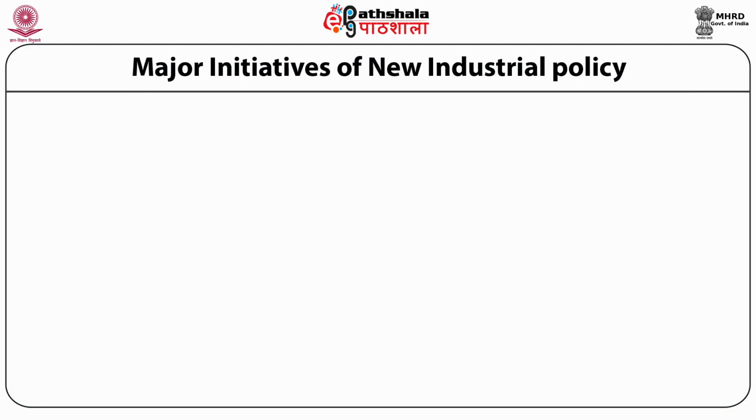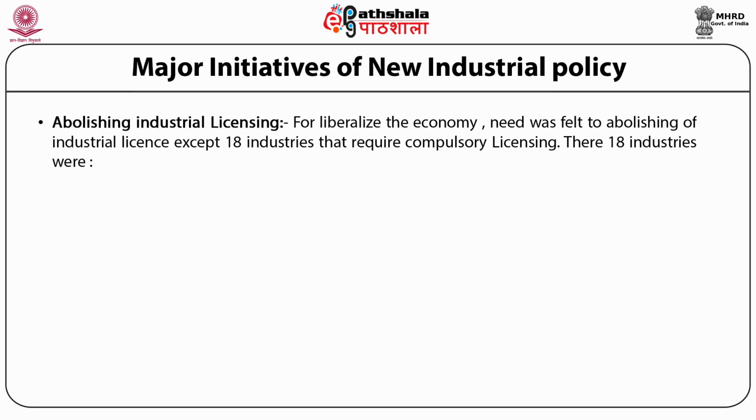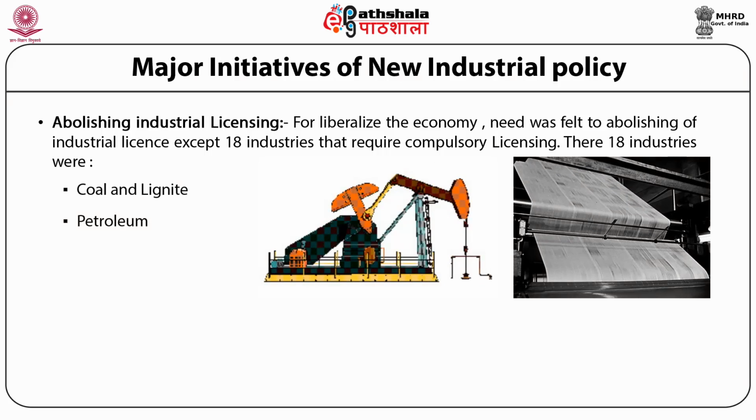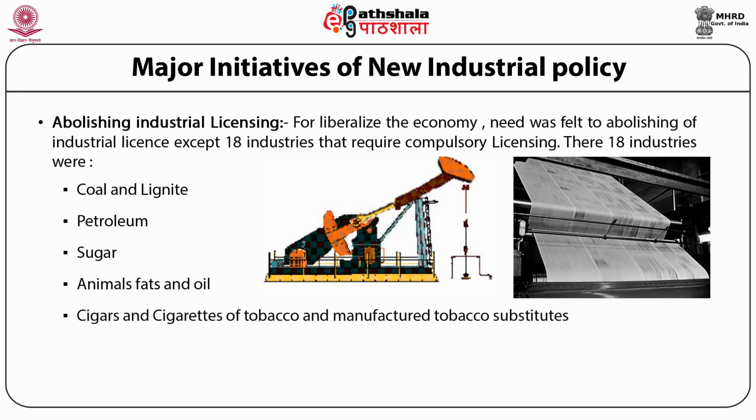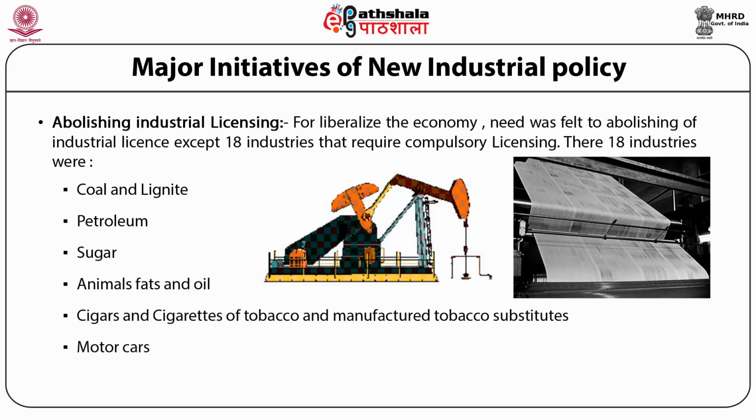Major initiatives of new industrial policy. First one, abolishing industrial licensing. For liberalizing the economy, the need was felt to abolish the industrial license except 18 industries that required compulsory licensing. These 18 industries were coal and lignite, petroleum, sugar, animal fats and oil, cigars and cigarettes of tobacco and manufactured tobacco substitutes, motor cars, paper and newsprint, defense equipment,